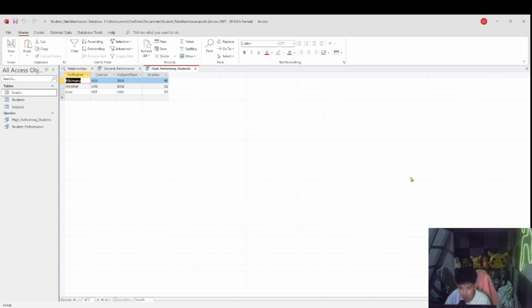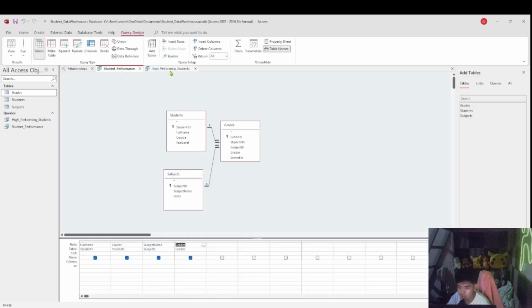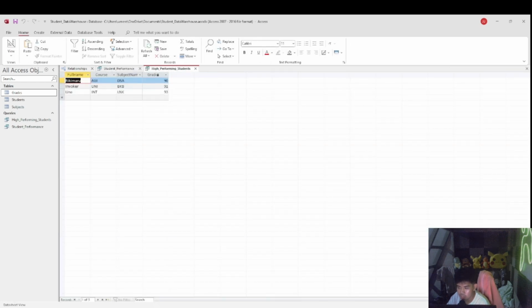Okay. So next is to simulate data analytics and reporting. We can also sort and filter the data directly. We can click the grade header and choose sort descending to instantly rank all students. You can also use the filter option on the course column to analyze performance for just a single department like SIT. So like this. You can see here, this only shows the